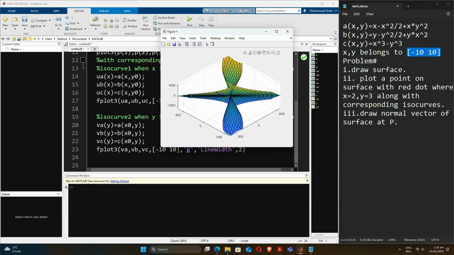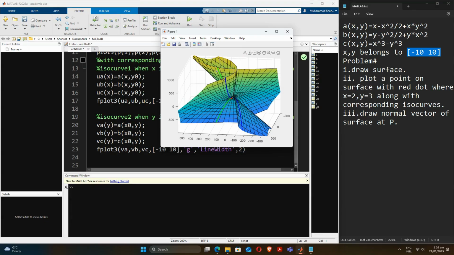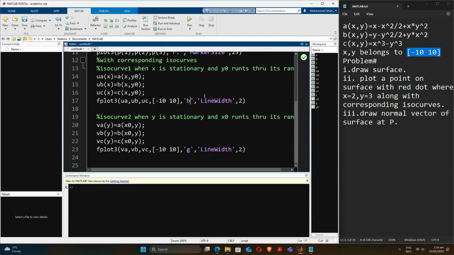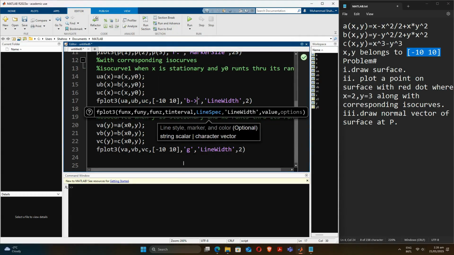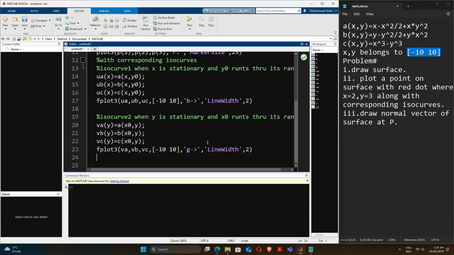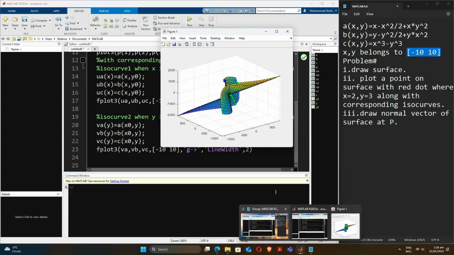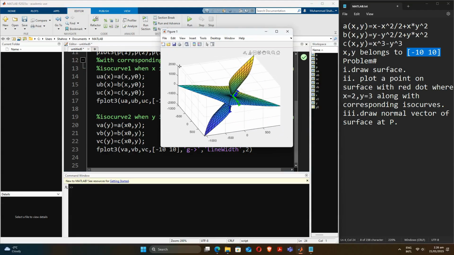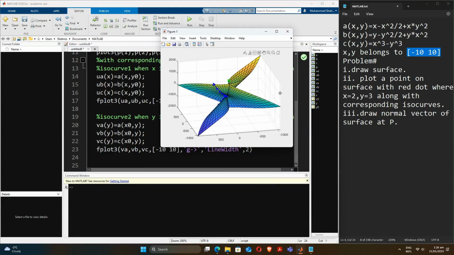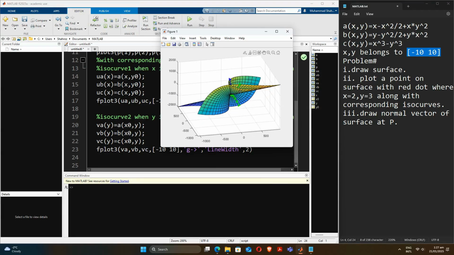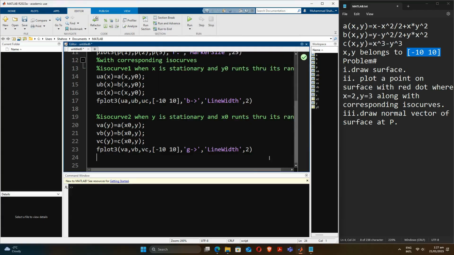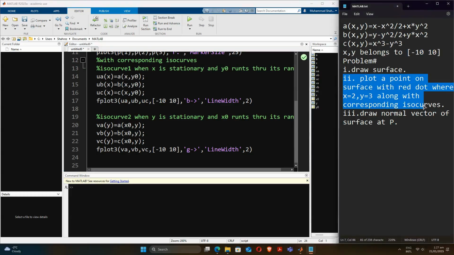Now let's maybe use a dash line and an arrowhead so that we can see the curves more clearly. Let's run the section now. I hope we can see it more clearly now. Yes, we can see it more clearly now. We have both of the curves also folding back. We have also completed the second part of the question, and now we will draw the normal vector of the